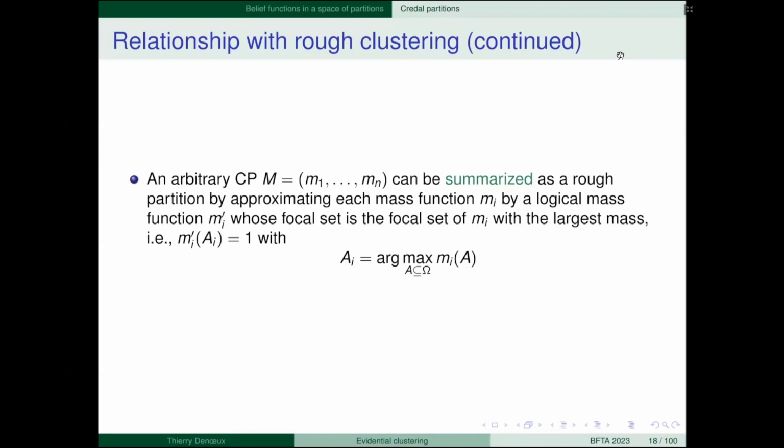You just keep the focal set with the largest mass. Okay. So it's like approximating the mass function by a logical mass function. And so it's like summarizing the Credal partition by a rough partition. Okay. So sometimes I will show you some results of clustering with two sets for each cluster. The lower and upper approximations are computed like this, by this approach.